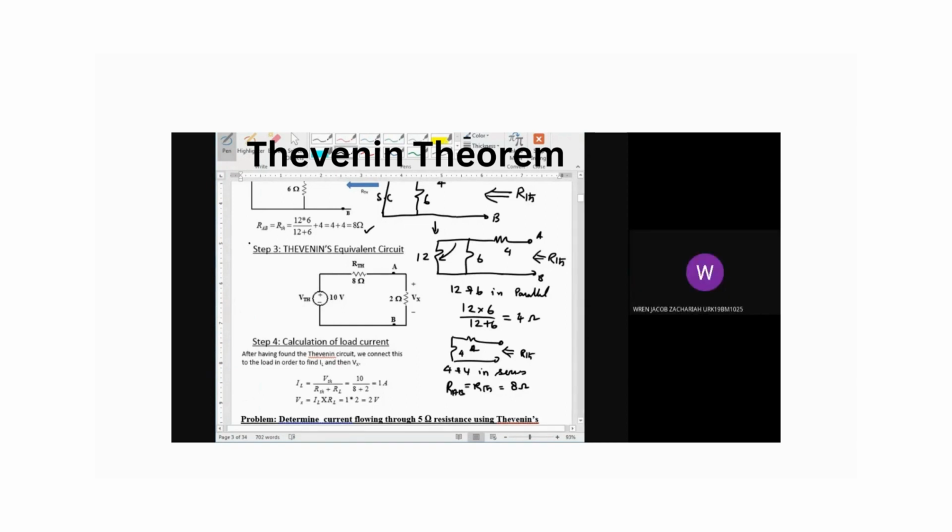Third step, students. What is the third step? To find the equivalent circuit. To draw. It is not finding actually. You have to draw. We are going to draw the Thevenin's equivalent circuit. We know Thevenin's equivalent circuit has VTH connected in series with RTH. So finally, we'll have the resistance R. Okay, Thevenin's equivalent circuit. So VTH we found to be 10 volt and RTH we found to be 8